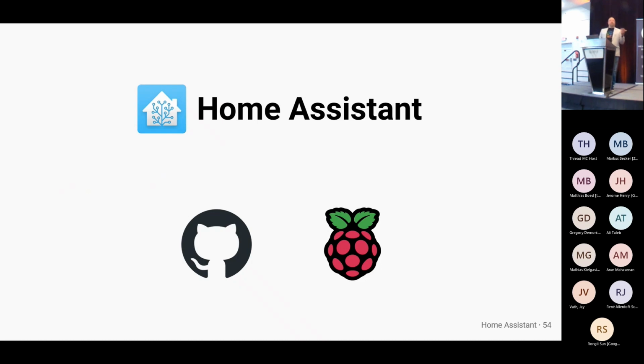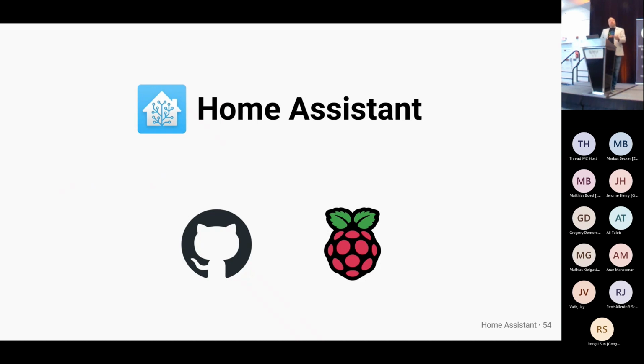Now, some products, like for example Philips Hue, will have an API so you can get the data out. But then Philips Hue doesn't work with thermostats, so you still need a home automation solution on top of it. Now, Home Assistant, I started in 2013, which has been 10 years ago. Because I got the Philips Hue lights, I got the hub, it had a local API, and I was like, this is great. I wrote a small Python script and started controlling my lights.